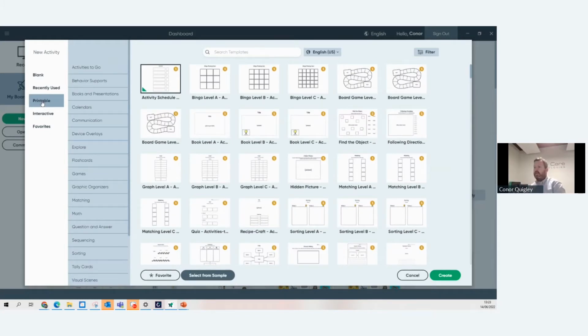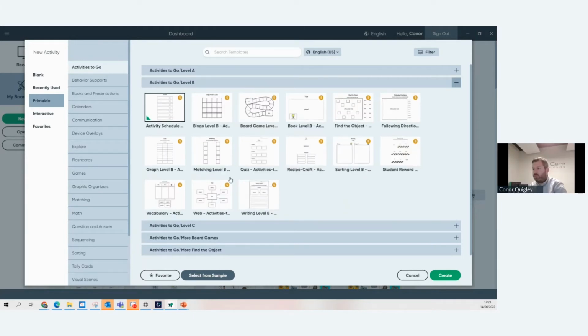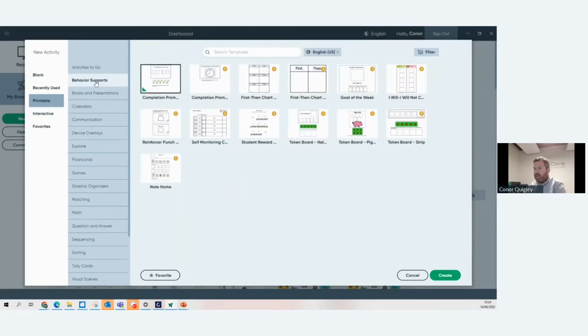When I click on printable, all these templates come up. They're categorized on the left here. So I've got things like activities to go. In here, I've got board games, bingo, matching games, etc. And you can scroll through them all and have a look. If I go to behavior supports, you can see here I've got a completion prompt, a first and then chart, another first and then chart, goals of the week, student rewards, reinforcers, etc. So if I wanted to see what this template looks like,